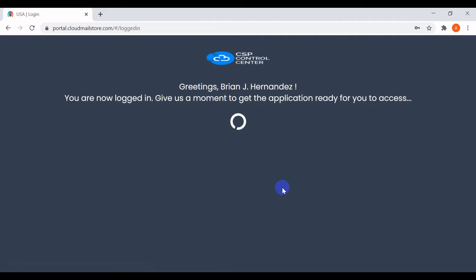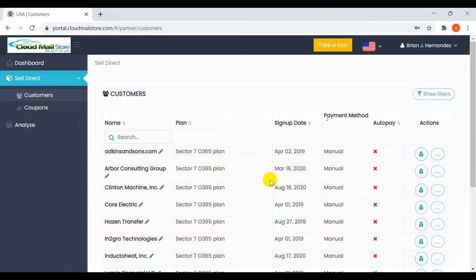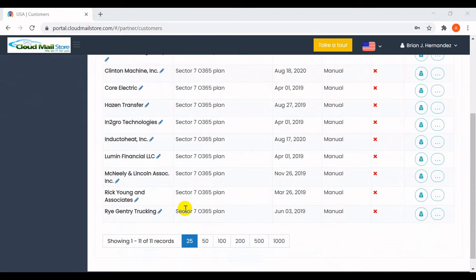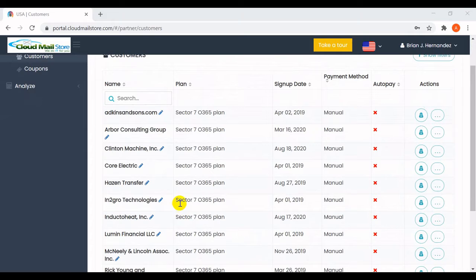So once you are in, it takes a few seconds to take you in, and as you are in, if you are a reseller, it will give you a list of all your tenants accounts. So these are the tenants that you have, and for any action, you have to go towards the extreme right under the tab action. You have to click this icon, which is quick impersonate.